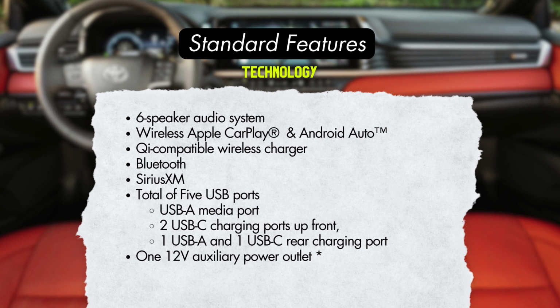and wireless Android Auto compatibility on all models. You'll get wireless smartphone charging, Bluetooth connectivity, and Sirius XM. You'll have a total of 5 USB ports: 1 USB-A media port in the front, and 2 USB-C charging ports, and then you'll get 1 USB-A and 1 USB-C charging port in the rear, as well as 1 12-volt auxiliary